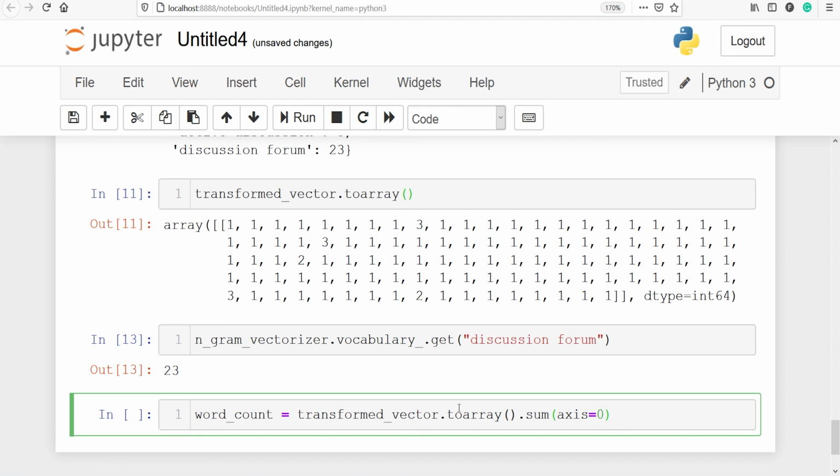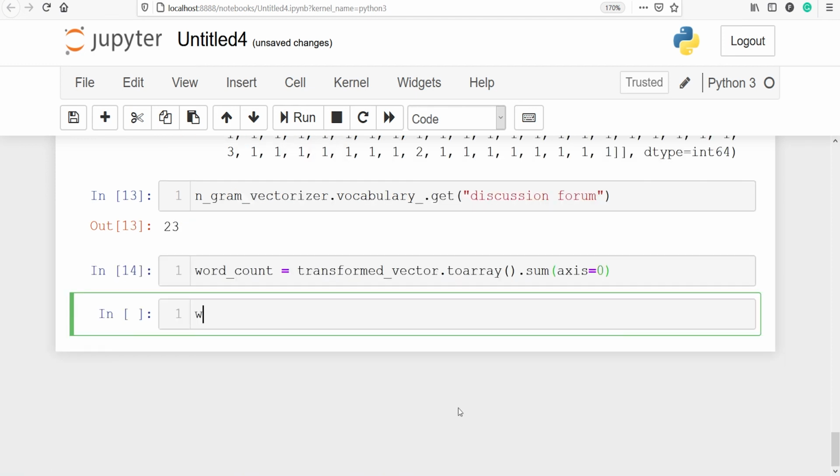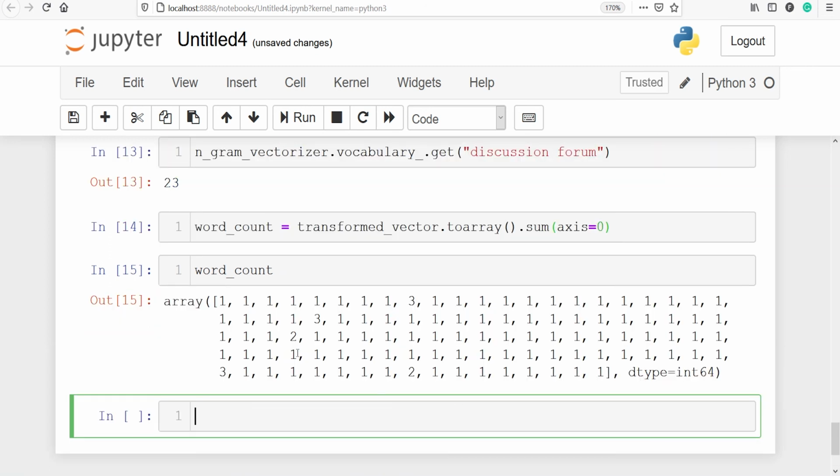Let's execute our code. Let's print our variable word_count, and here we will see we got 1 1 2 3. We can see that most of the bigrams and trigrams occur exactly once here, and except for a few we have some like 3 and 2, but most of them are 1.